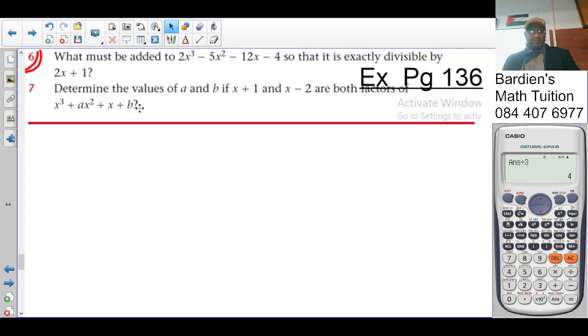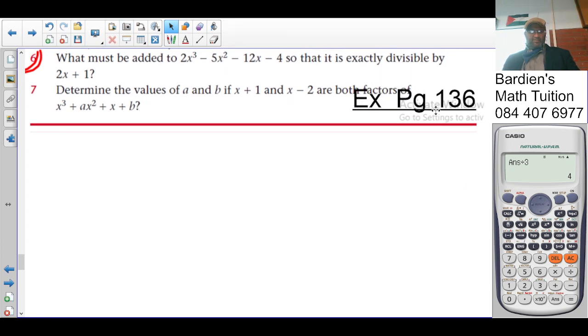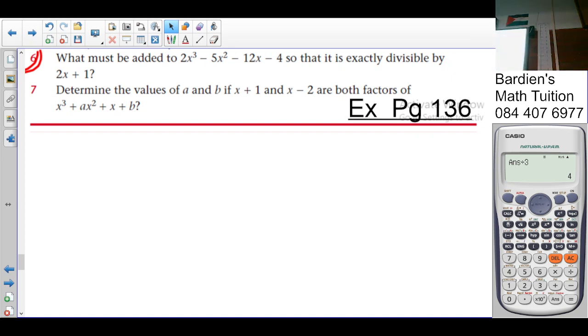What must be added to 2x cubed minus 5x squared minus 12x minus 4 so it's exactly divisible by